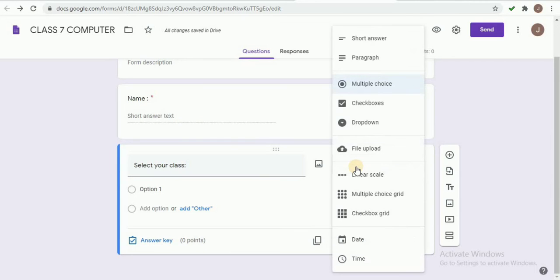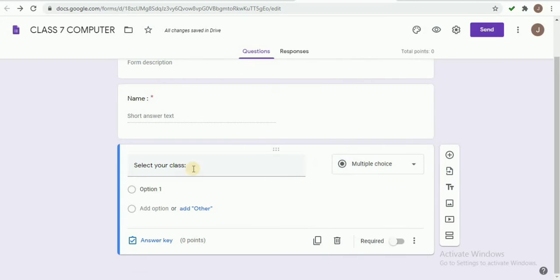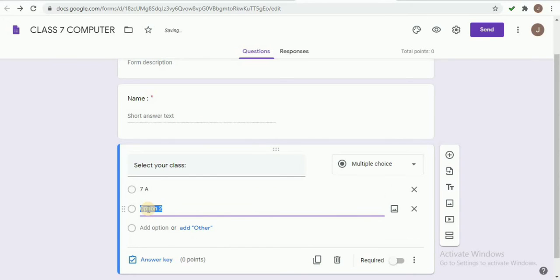The answer type I am giving is multiple choice. I have created a 7th standard question paper, so I am adding the first class as 7A. Then in order to get the next option, I have to click add option and 7B. No need of adding points to this question, and I mark it as required.